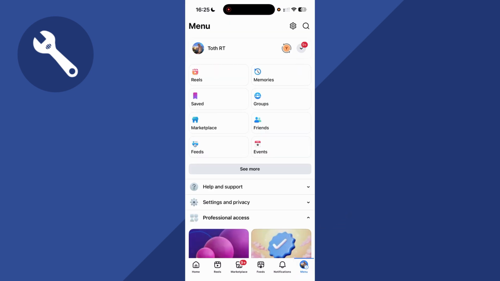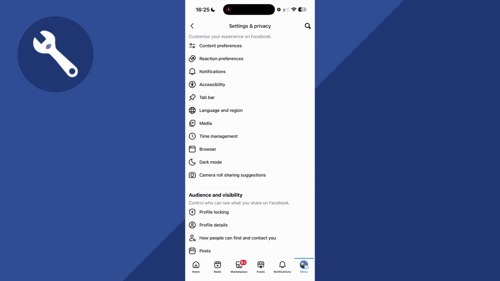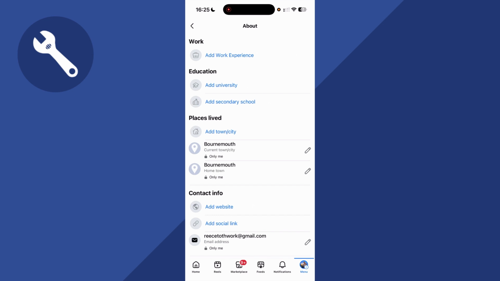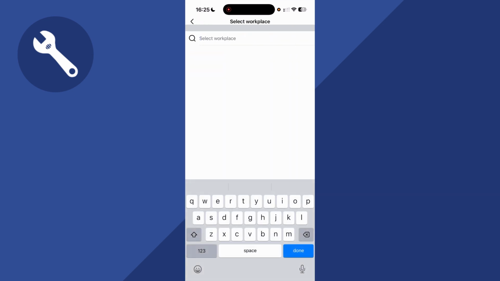right hand side, and then click on the settings wheel. From the settings page, scroll down to audience and visibility and click on profile details. Now select add work experience, click on workplace name, and then go and type in the company that you've started